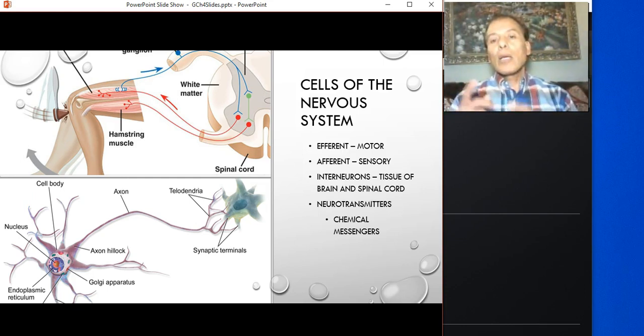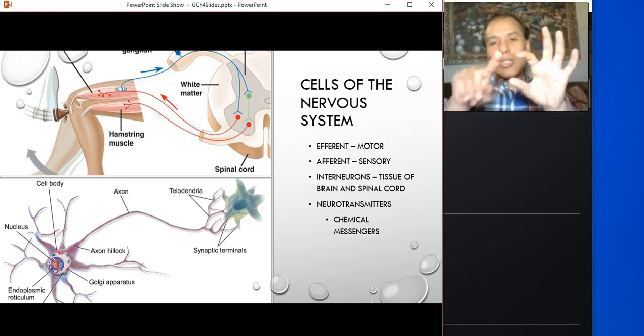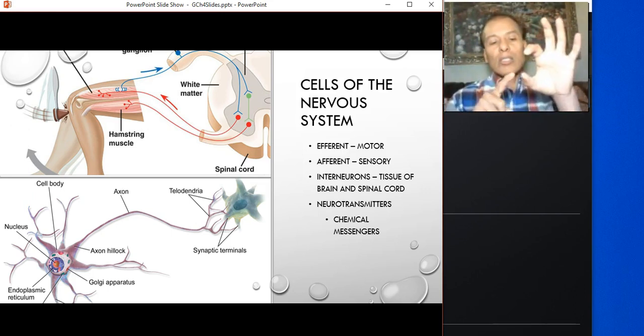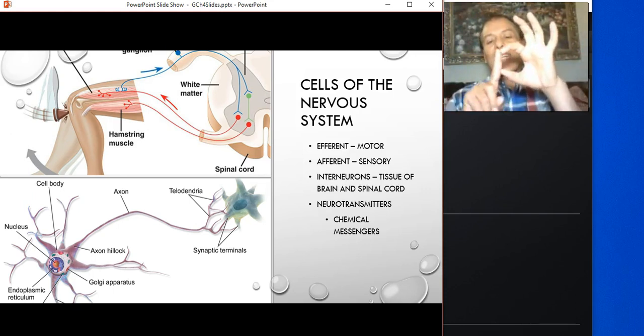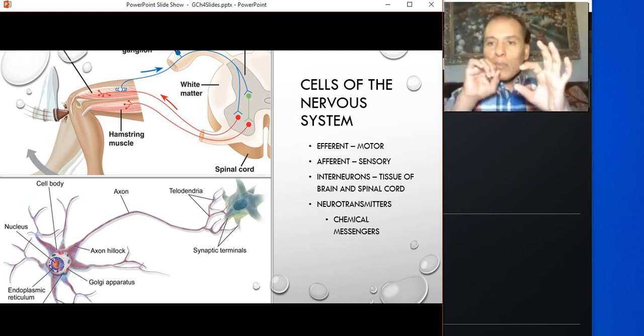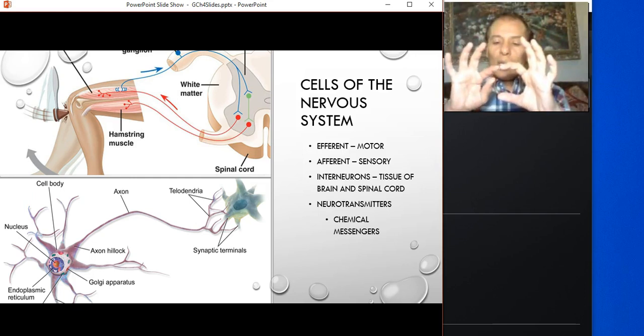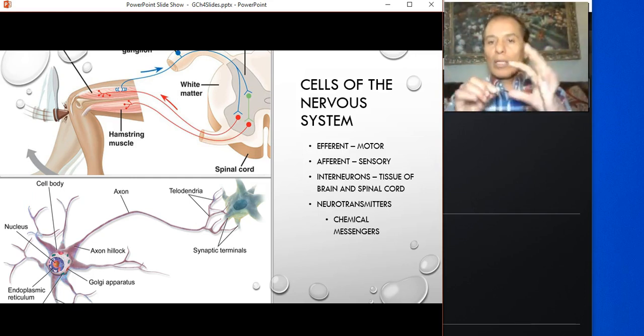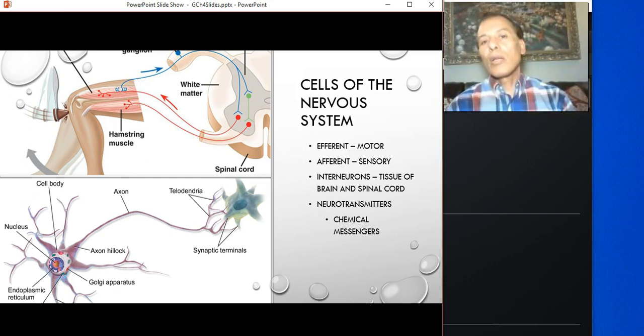And then the motor neuron and the sensory neuron cannot function. The motor neuron cannot do its job if it is not connected to the sensory neuron. So the sensory neuron and the motor neuron are connected together with a neuron that is specially designed for that. That is called the interneuron. It's like between neurons. It's like international, between nations, or on the level of nations.